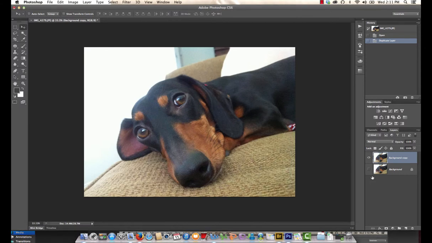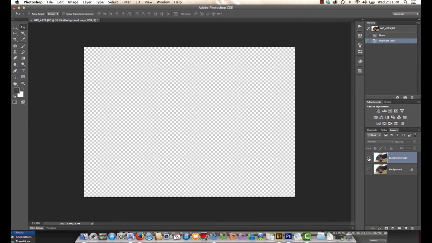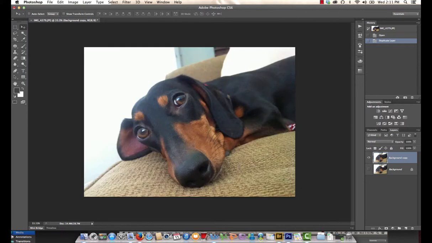Okay, so back in Photoshop, I am working on this file. I have the Move tool selected. I have duplicated the layer. The history will tell me everything that I've done. And I have turned off the background layer using the eye, left it alone, and made a background copy that I can experiment in. Let's select a tool